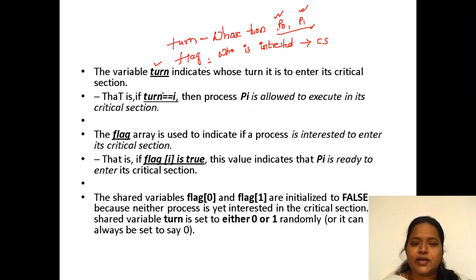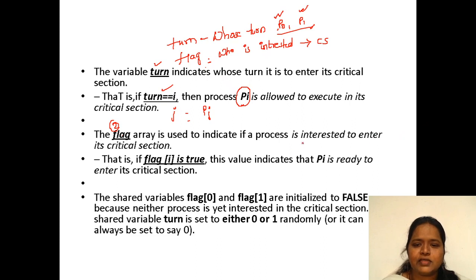If turn equals i, that means process Pi is allowed to execute in its critical section. If turn equals j, then process Pj is allowed to enter into the critical section. That is the turn. The second variable is the flag variable, used to indicate whether a process is interested to enter into the critical section or not.